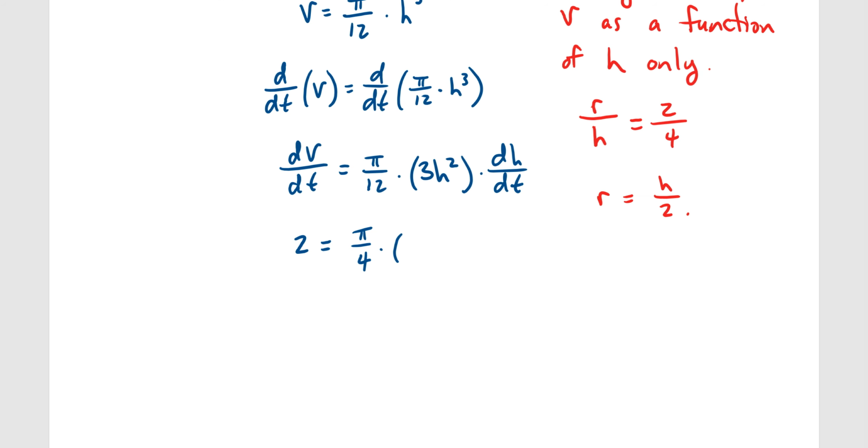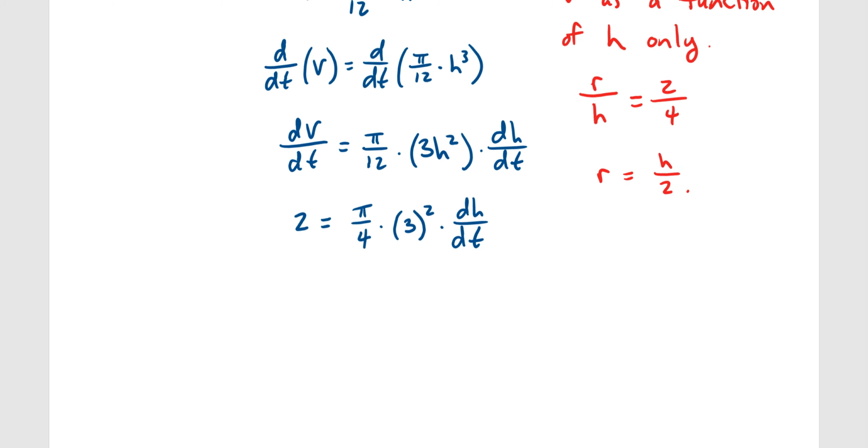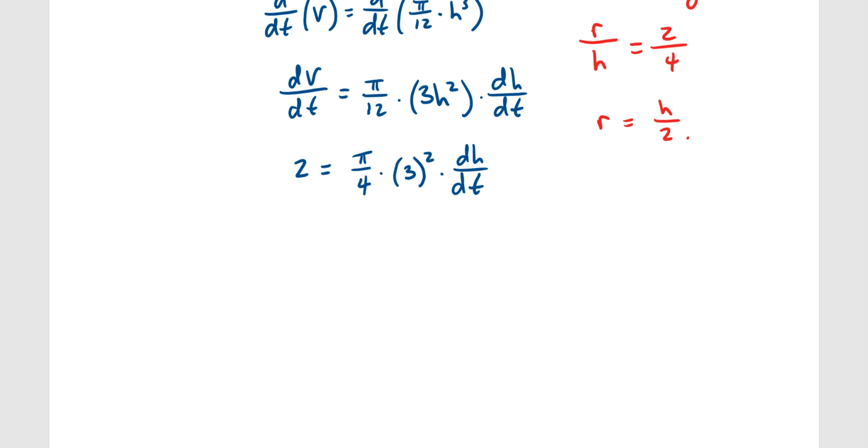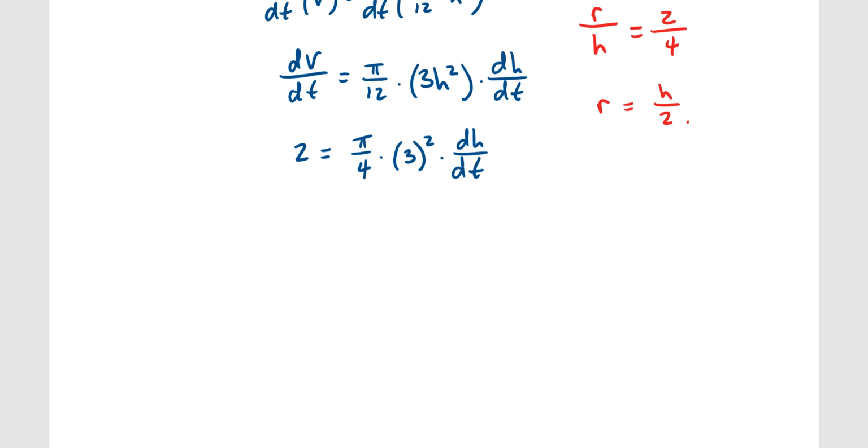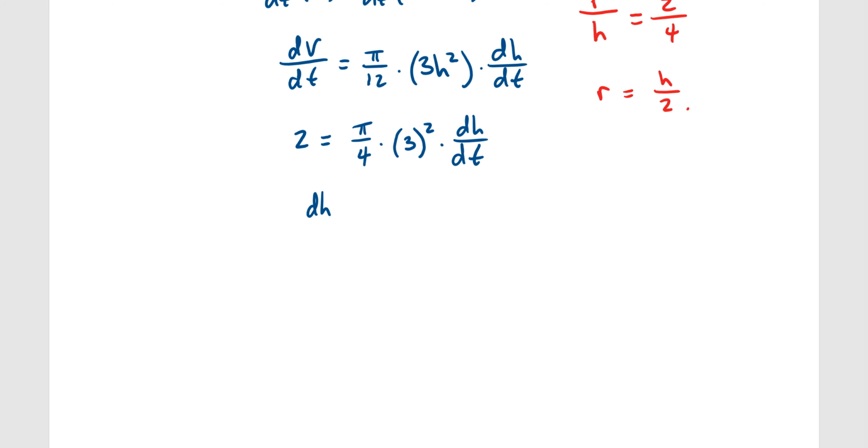So that's going to be 3 squared times dH/dt. So now we can see that we can easily solve for this just like before. Maybe do this one a little bit faster. We would multiply both sides by 4, divide both sides by 9 pi. We would get